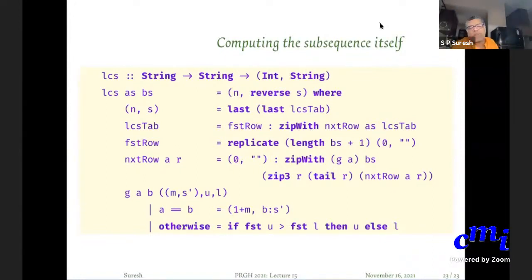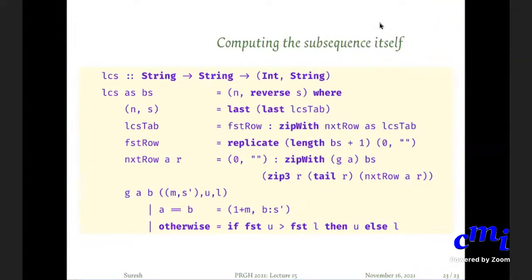You want to do bottom up, but Haskell allows you a nice way of doing bottom up rather than worrying about the order in which you fill entries, etc., which you would do in an imperative language like C or Java. You will use an array and you will say fill in the entries in this order. Here you are able to do something very nice, which is to retain your top down approach, but use these circular kind of definitions to get what you want. Okay, sir.